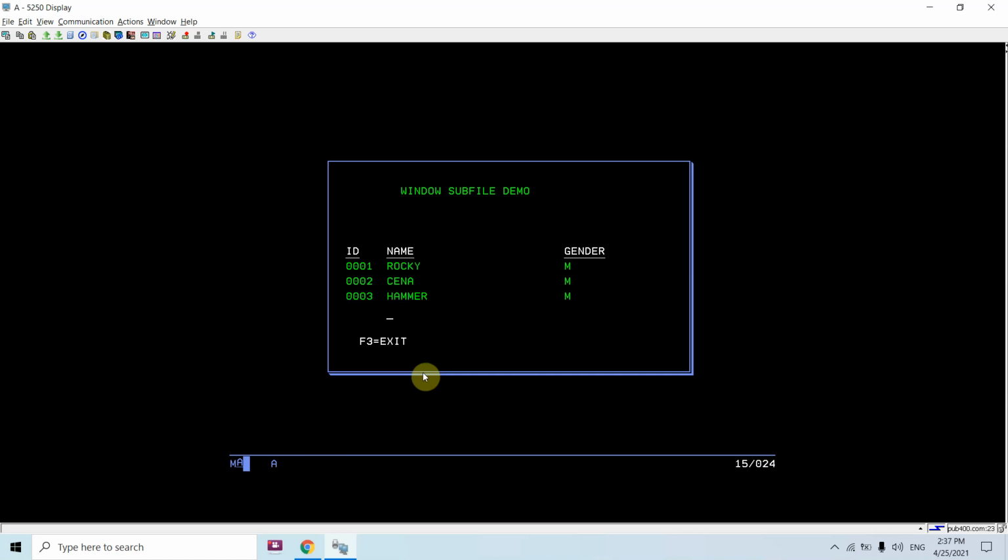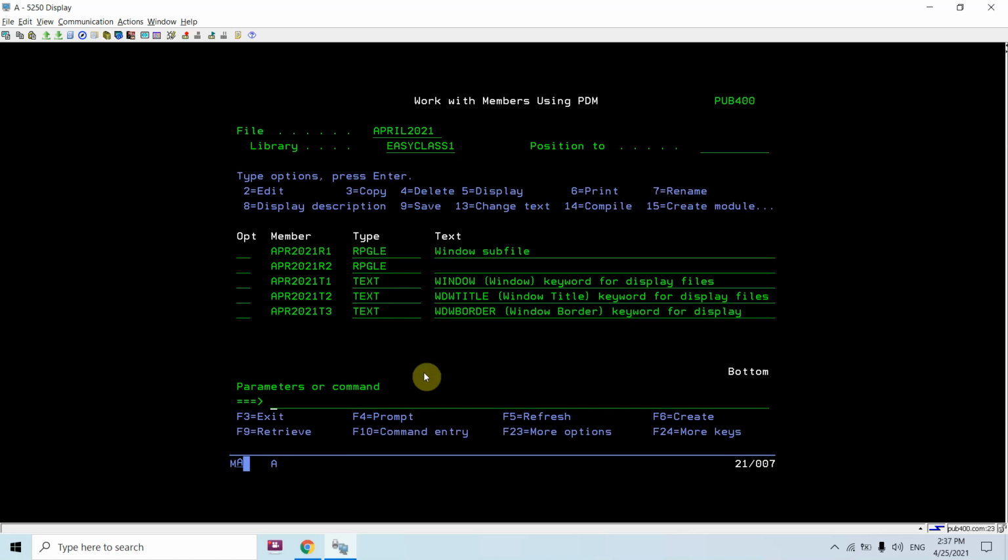Just page up, you will be on the first page again, and if you press page up again, you will see we cannot move. Now just press F3, and you will exit from the program. So you have seen this basic window subfile, where there is no difference from the load all subfile.